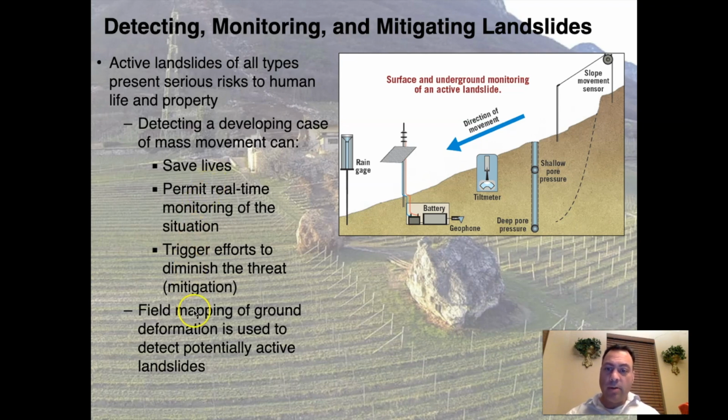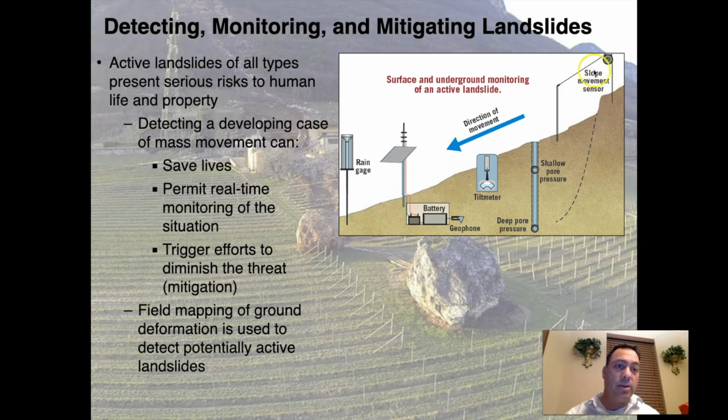Field mapping of ground deformation is used to detect potentially active landslides. I'll actually show you where field mapping has shown actual tears in the surface of the land, right where the headscarp is beginning to develop. And so the kinds of things that you might see where there's an active landslide investigation going on is something like a slope